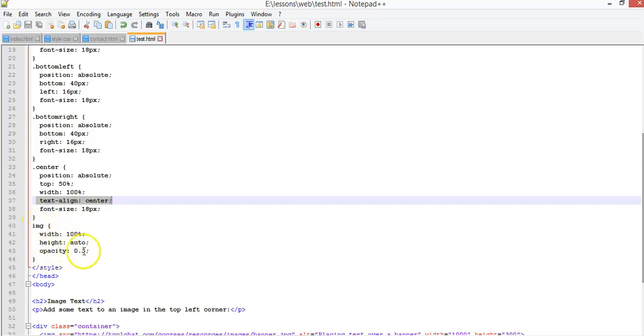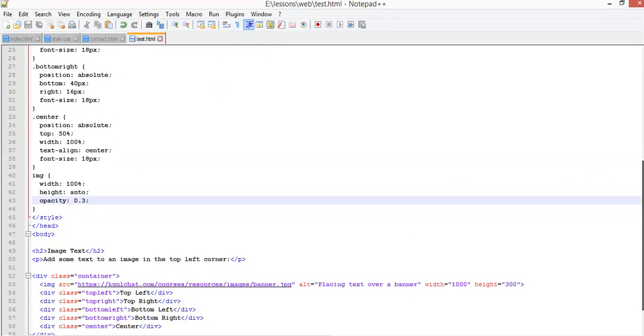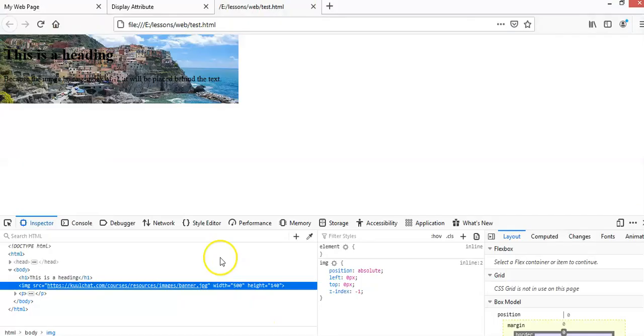Then opacity, in order for the text to show, we'll make it a little bit lighter. And to make an image or a div lighter, we use the opacity. So by default, opacity is 1. So the lower the opacity, the lighter it is. So we can refresh. Now the image, we are using the chart URL for the banner image. So that's what we change over here. So our source is going to be the image link for chart. Okay, so now when we refresh,